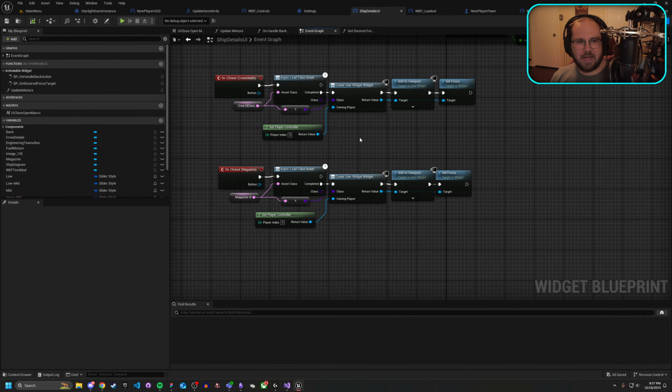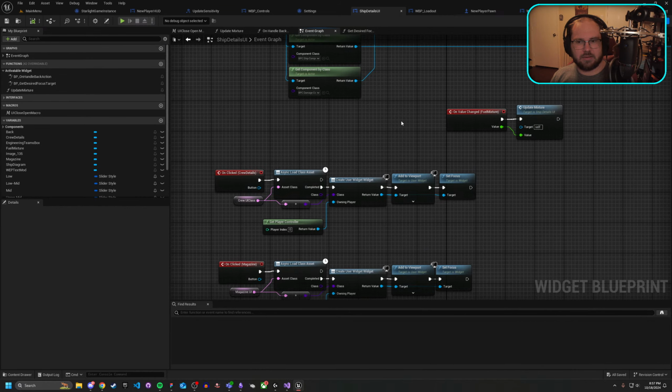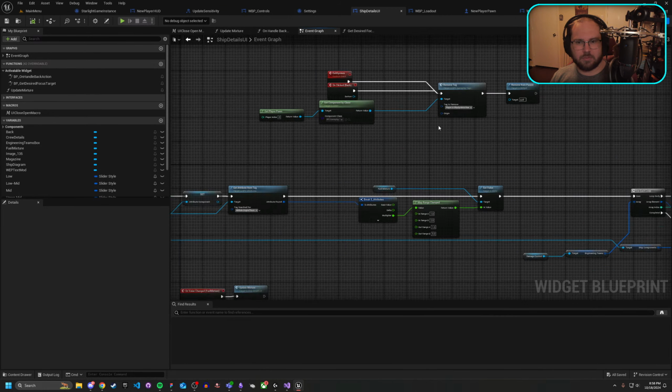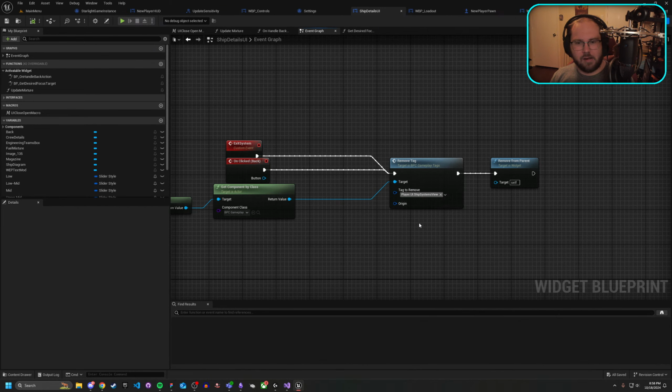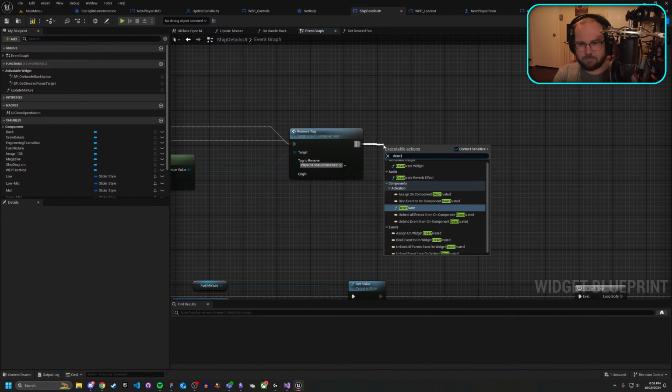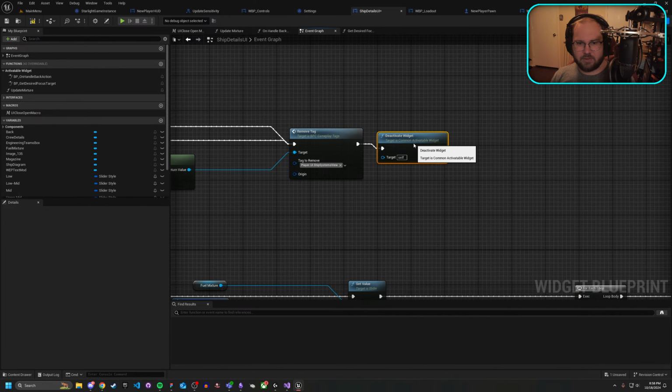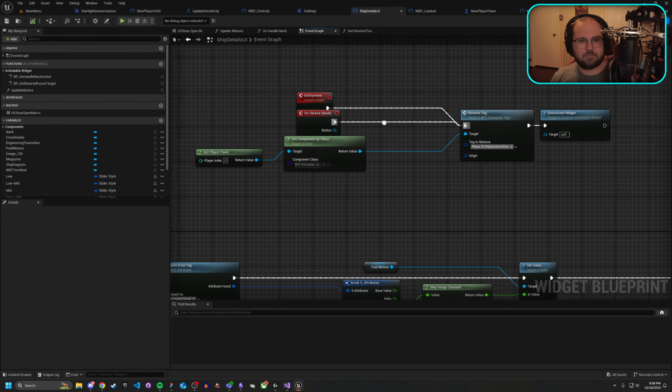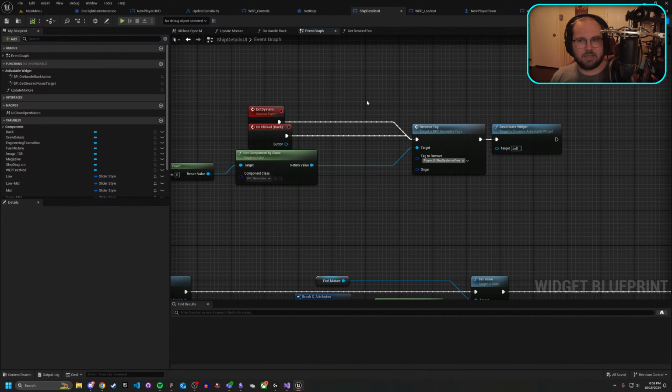Oh yes, the back button. Instead of what we probably were doing before, which was remove from parent, we'll remove tag, and then we'll actually deactivate widget. And that'll just be a reference to self. That will pop that back off of the stack. So if there's anything else that is here, it's good to go, but otherwise,